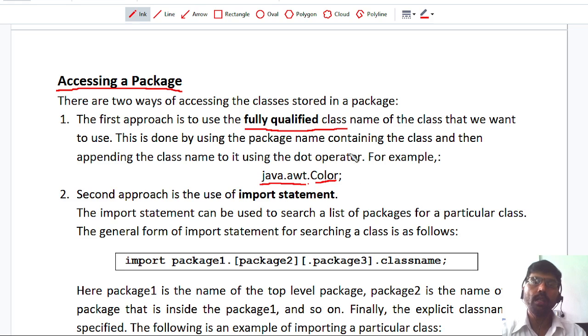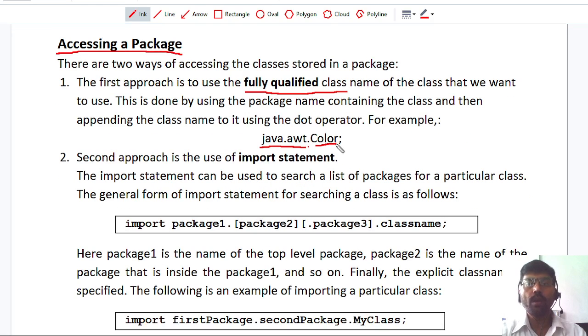If you are using classes for a limited time, then this is the best technique. But if you are using classes many times, or the hierarchical structure of the package is too large, or I am using multiple classes from the same package, in that case the fully qualified class name is not good for the programmer.